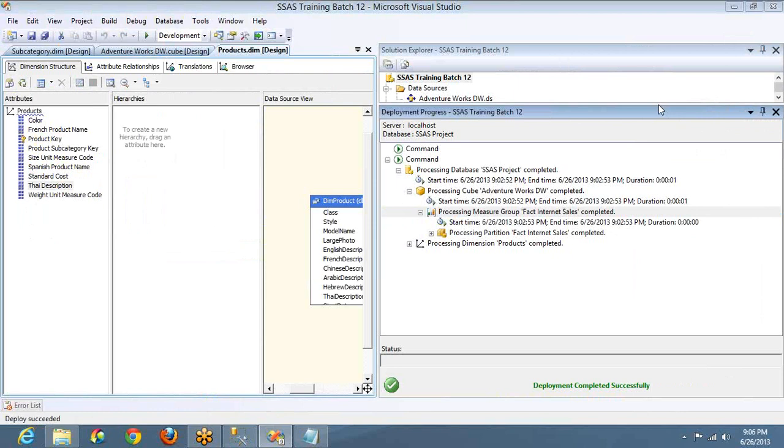So if you observe, the cube is processed and we are able to see the data. That means the SSAS project is ready. We are done with the SSAS project. This is the base level of an SSAS project. And there will be two parts in an SSAS project. One is designing dimensions, measure groups and the relationships. And the second one is creating calculations.